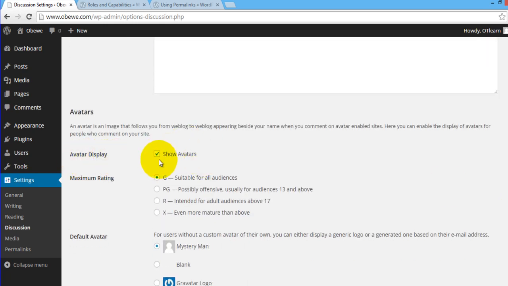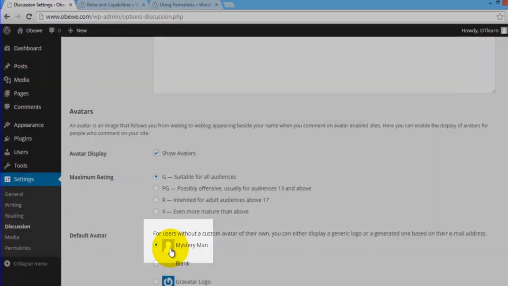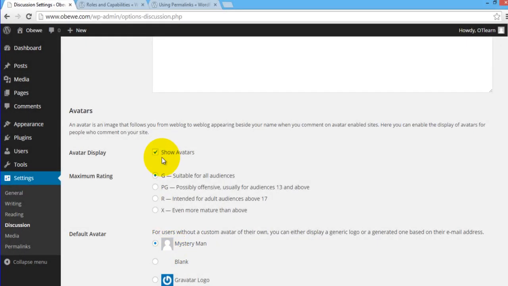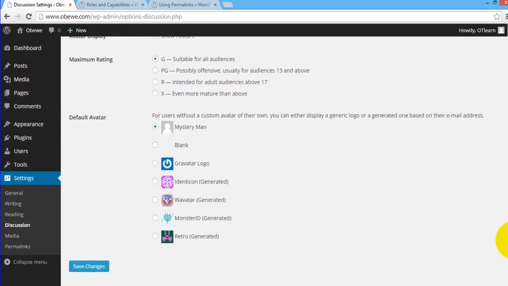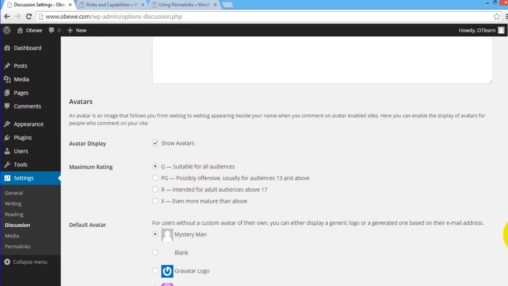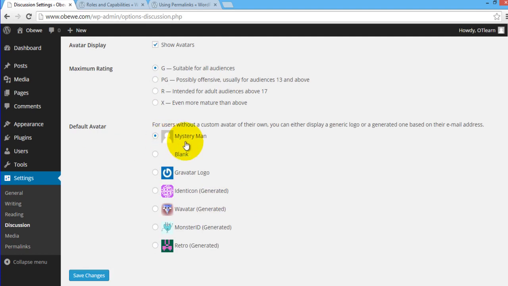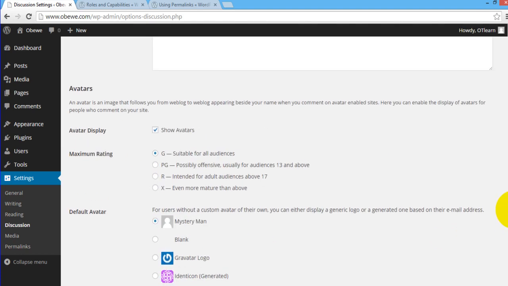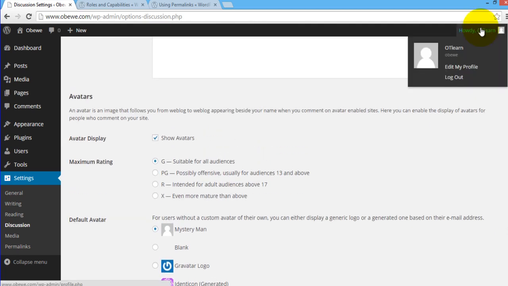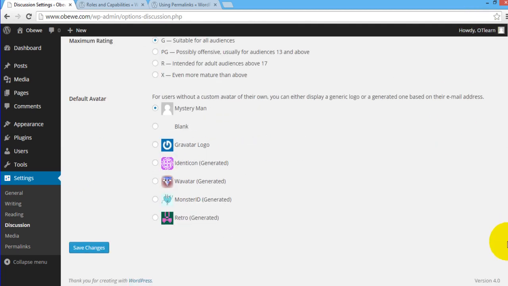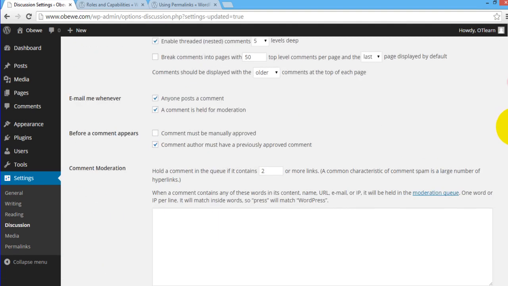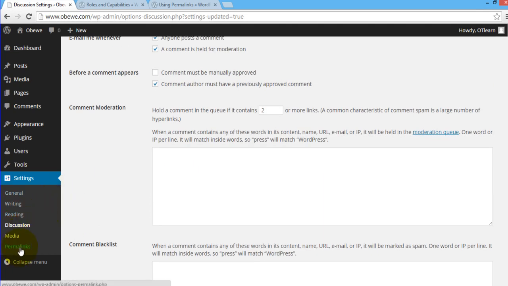So it said here avatar display. Yes, it means a picture like this, a small iconic picture, which will display as an avatar. So you check it. Okay, you check it, and then all that. So here is the default avatar. You can change it to someone else, or try to upload a new one. Okay, so we are done with that. Let's save the settings. So you click on save settings,